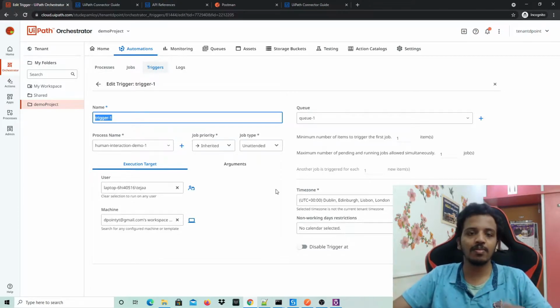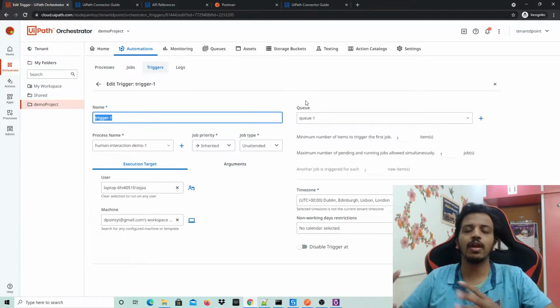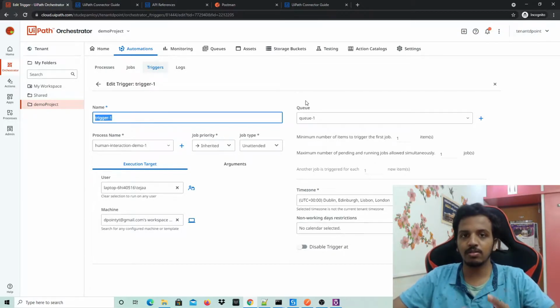Otherwise we'll get an email saying that in this duration there was a request, but the machine was not present, so it's an error. If we have a try catch or exception handling in place, that's good. Otherwise it's an error, and that message will be sent to our queue.